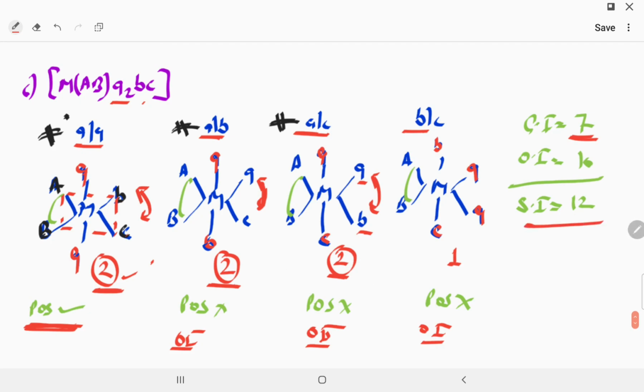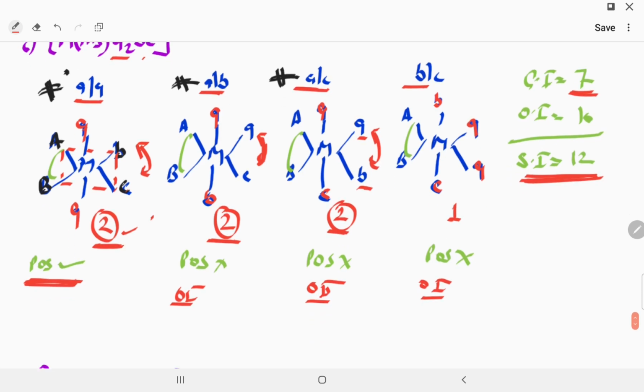So stereoisomers are, we can say, how many? 7 and 10. Okay, so out of the 10 we can take it 5, so total stereoisomers are 12. I hope guys this is very clear to you. You make it once yourself. Okay, and if you have a doubt you will message me directly.